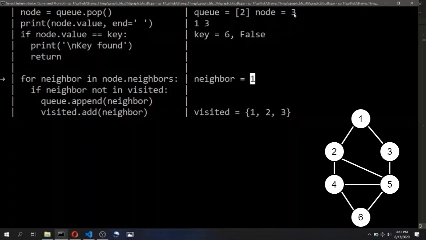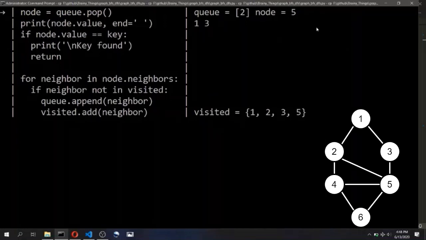For neighbors of 3, the first neighbor is 1. It is present in the visited set already, so this becomes false. The next neighbor is 5. This is not present, so this becomes true. It gets added to the queue and the visited set. Now the next element that gets popped out is 5.